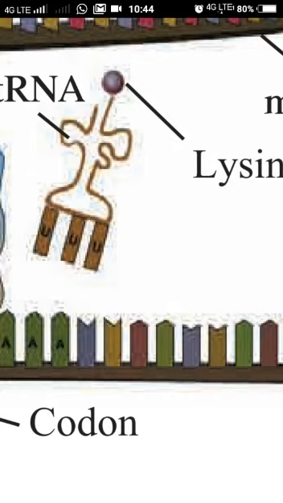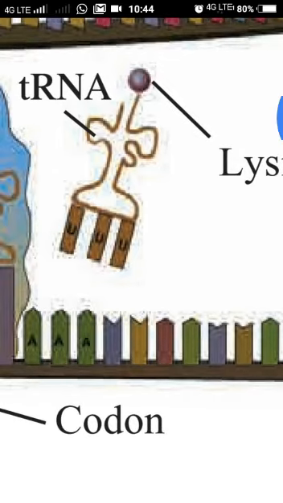Now it will bring and attach it on this triplet codon. AAA is the triplet codon, and this tRNA is bringing exactly the opposite nitrogenous bases, UUU. So it is called the anticodon. So for each separate triplet codon, there is a particular amino acid which can get attached with this mRNA.